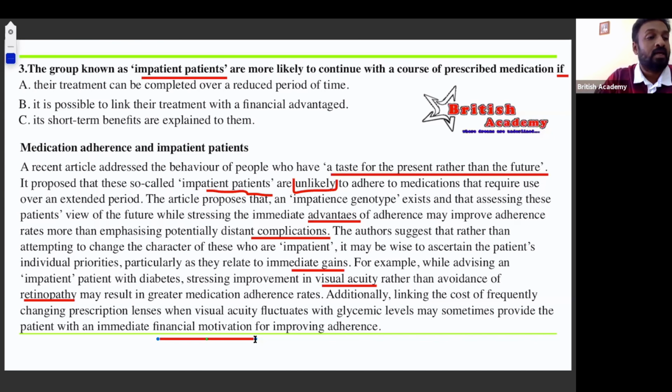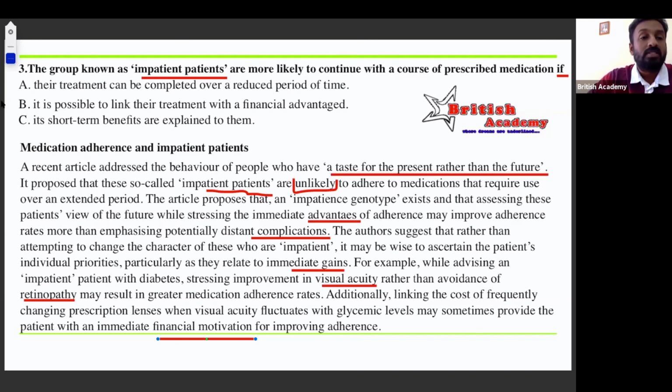Now let's look at the options. Now let me see if anyone has commented the right answers. Okay. Now in this you can see the first option says the treatment can be completed over a reduced period of time. You can definitely comment your answers for question number 3. Please write the question number as well, like for example 3C, so that I know whether you have commented for the second question or the third question. Those who are attending this lesson can comment your answers and then we can discuss what the right option is. This is a learning curve for you. So even if you're choosing wrong answers, it's completely fine.